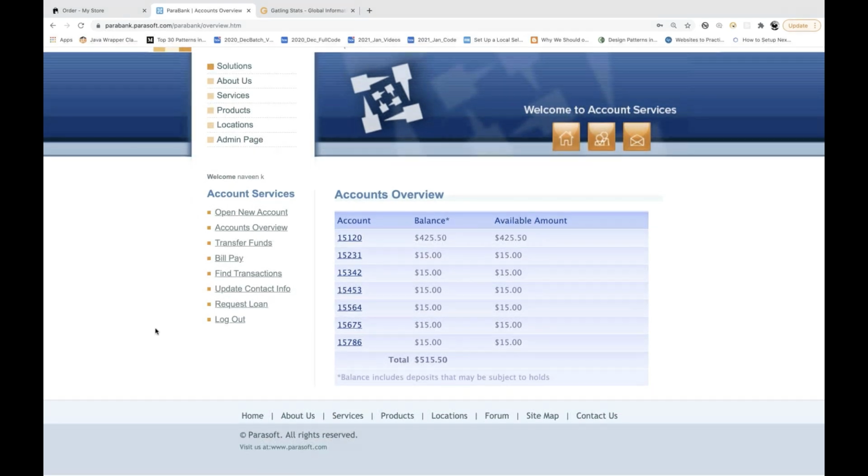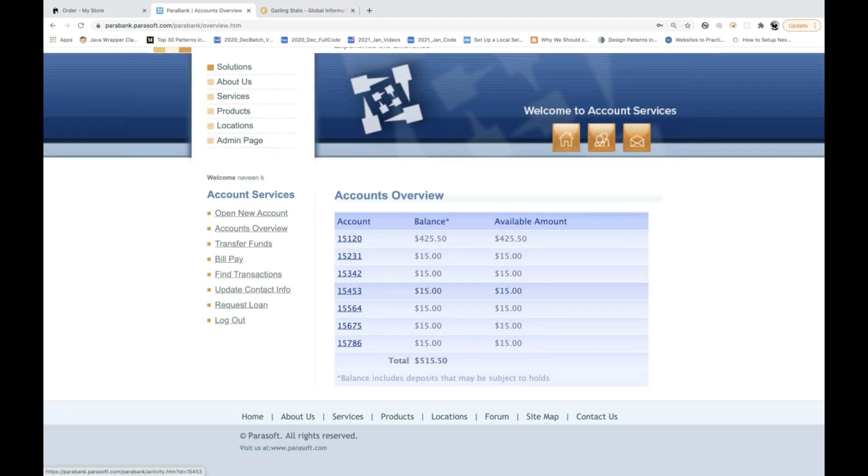There are two scenarios. First of all, you can see that these are the accounts available. How many accounts are already there? 1, 2, 3, 4, 5, 6, and 7 accounts are there. In the first scenario, I'll first record it and then execute it once again from Gatling, so that through Gatling, it should add one more account over here.